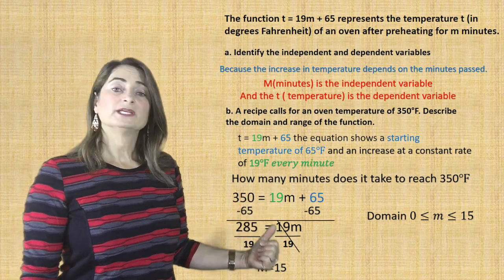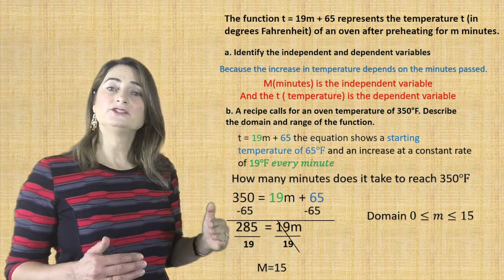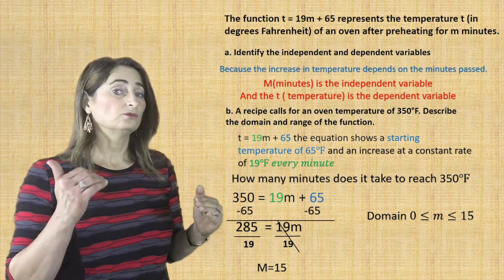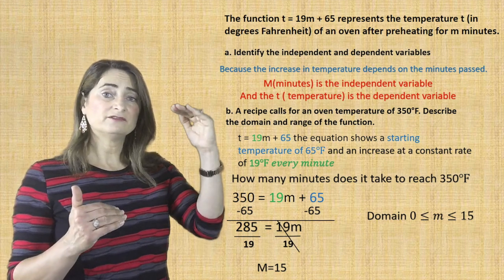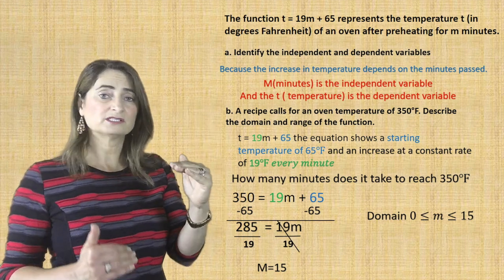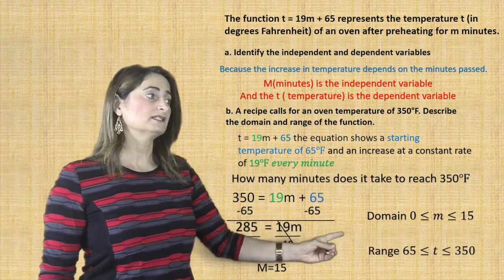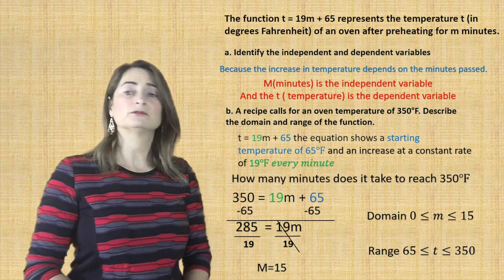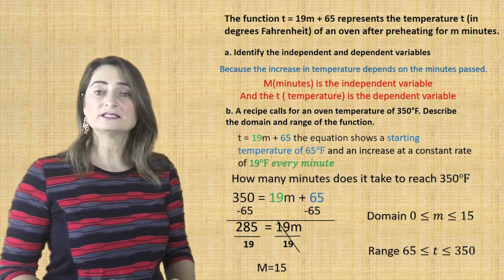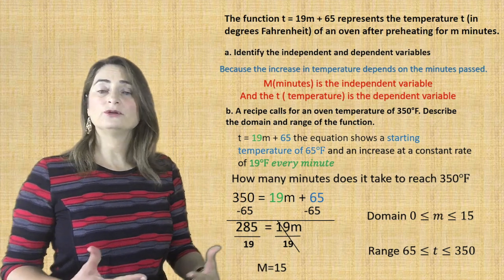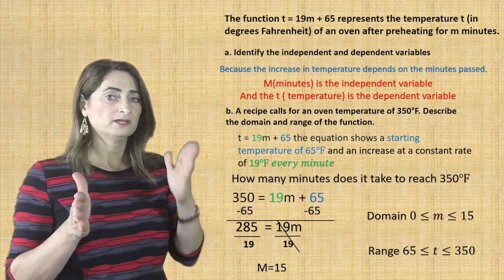The range is the T, the temperature, which means it starts from 65 up to 350. It goes from 65 to 350 degrees. So 65 less than or equal to T, less than or equal to 350. That's a compound inequality joined with the word and. So it's a range from